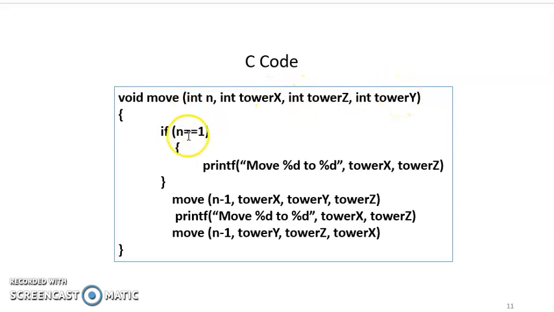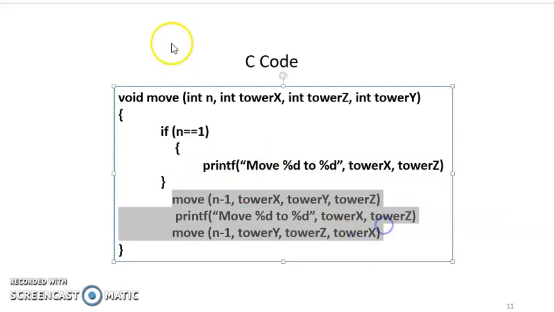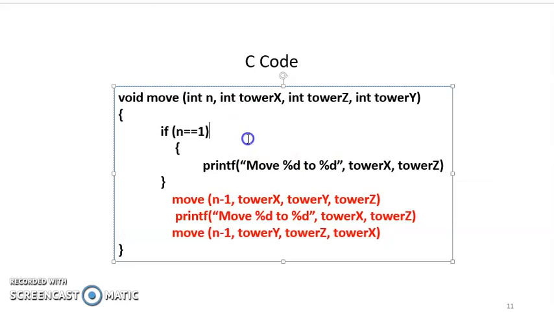If there is only one disk, if n equals 1, we will move from Tower x to Tower z, that is Tower 1 to Tower 3, or it can be 1 to 2 depending upon the state of the recursion. So again, this is your main part of the problem. If n disks are moved from Tower x to Tower z using Tower y, or Tower 1 to Tower 3 using Tower 2, then this is what happens.